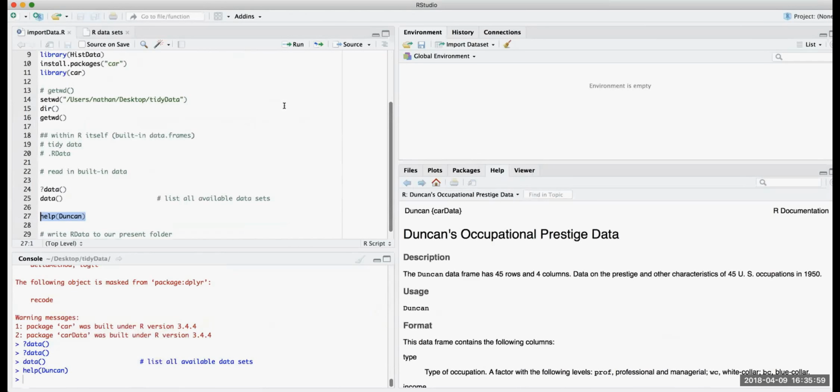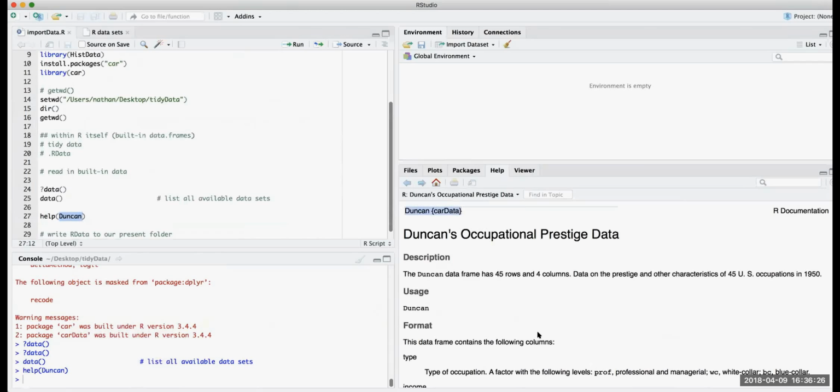But look what I did. If you type help and then you type in the name of the data frame, the built-in data frame after you've installed the package and loaded the package, you don't have to specify anything else. Now this is a risk as well, right? Because you might have so many data sets and data frames installed that you might want help with for, I don't know, a particular function, a particular analysis, and actually you're going to get something which is actually describing a